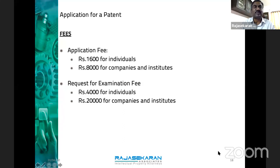Application fee, other things, Mr. Udeshankar will cover. But to just give you an idea, it is 1,600 for individuals and 8,000 for companies and institutes. Along with the application, or within 48 months from the date of application, you'll have to file something called